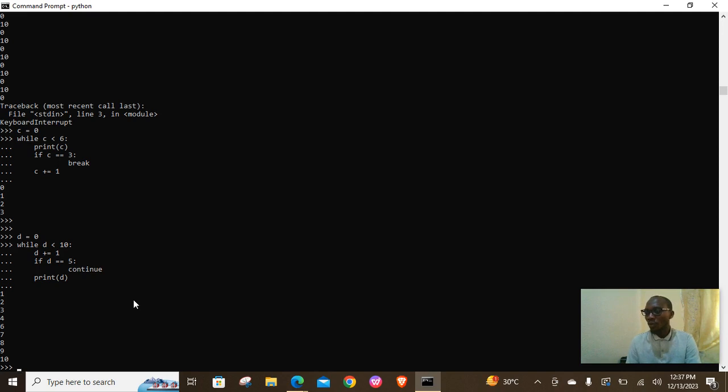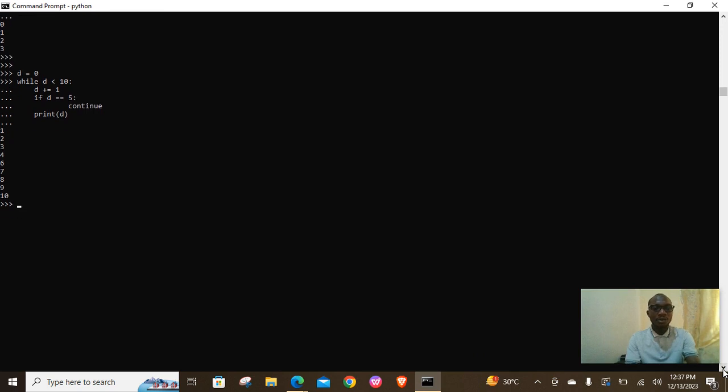So also we have nested while loop. But before we go to nested while loop, we look at else statement in while loop. So let's quickly declare our variable for the initiation, that is the starting point. So we say g is equals to 0, that's the starting point. Then we say while g is less than 10,